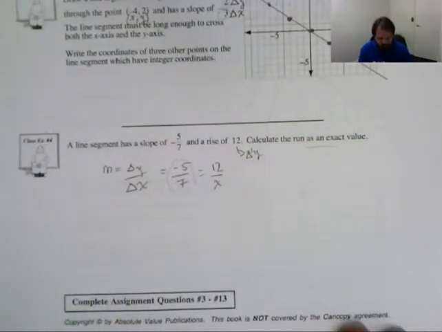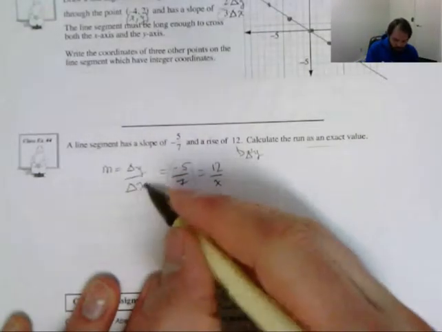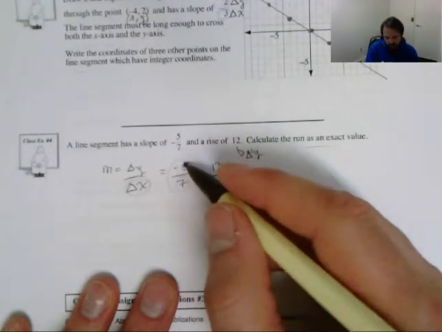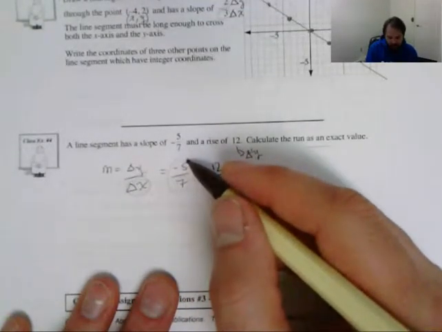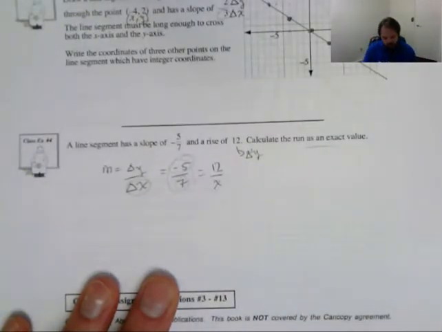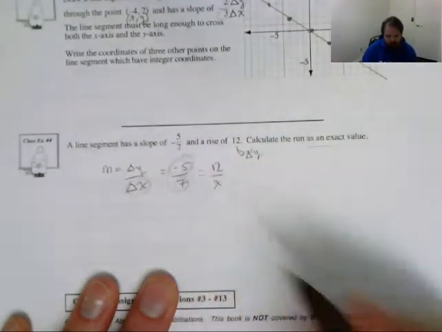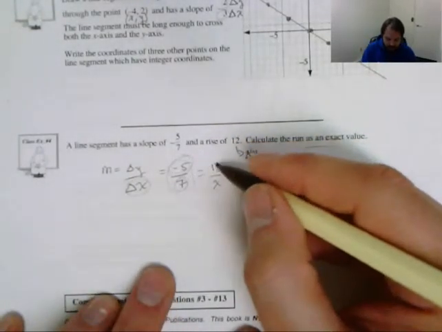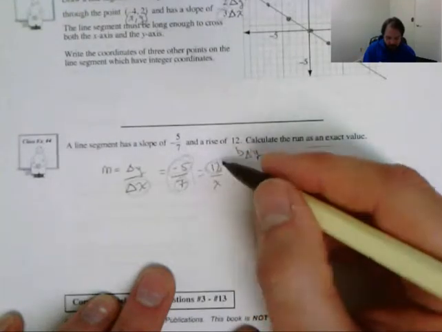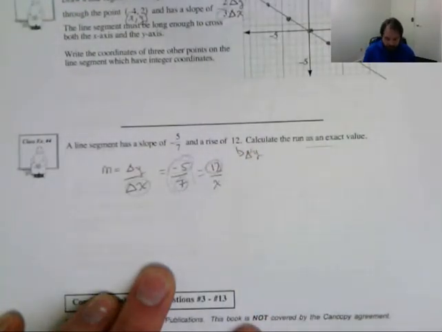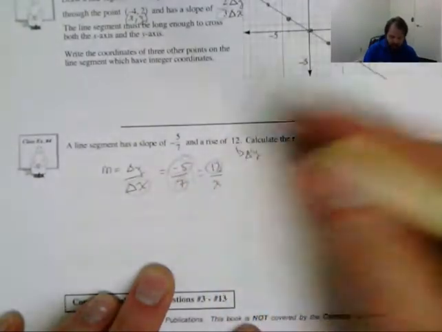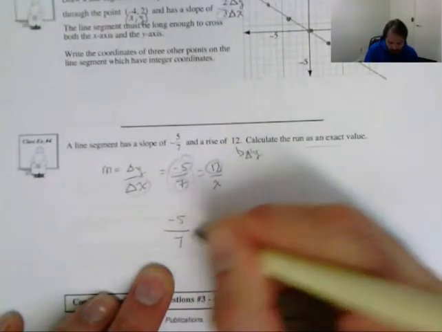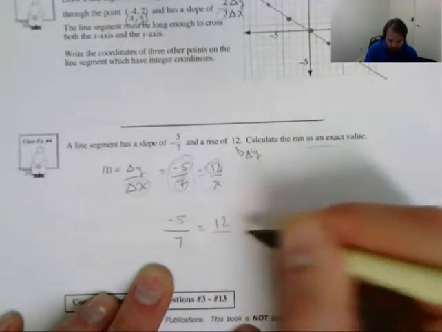So let's think of it this way. Let's say x is my time. So in every 7 minutes, I'm super fast, and I run 5 kilometers. Okay, or I'm walking, and every 7 hours, I walked 5 kilometers. I was super slow. Now, what that means is then, how long would it take me to do a total of 12 kilometers? Well, I would have to make this ratio, and we're going to now solve for x. So I have -5 over 7 is equal to 12 over